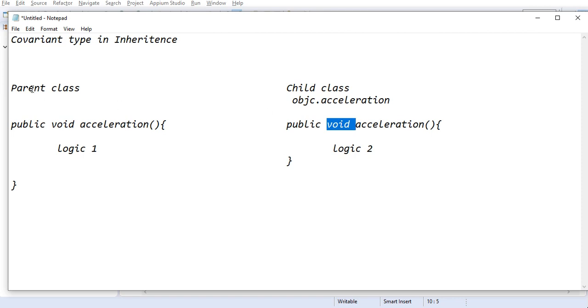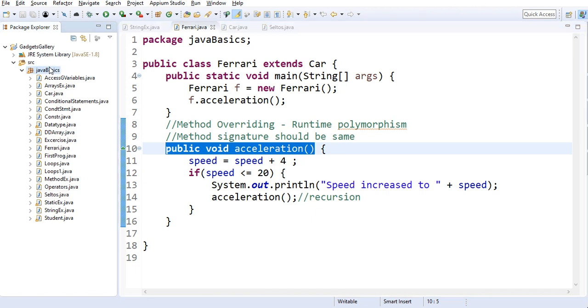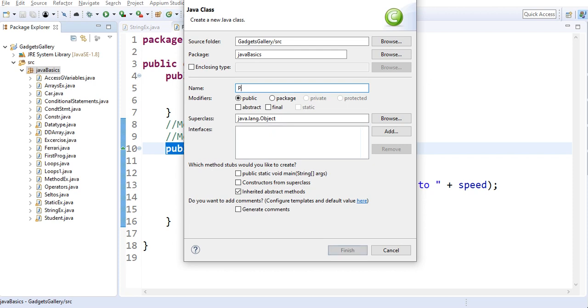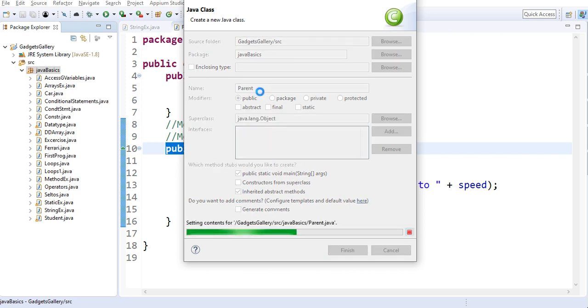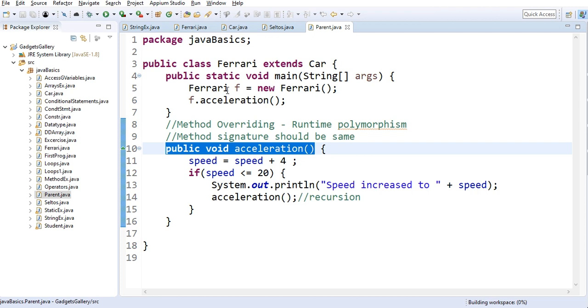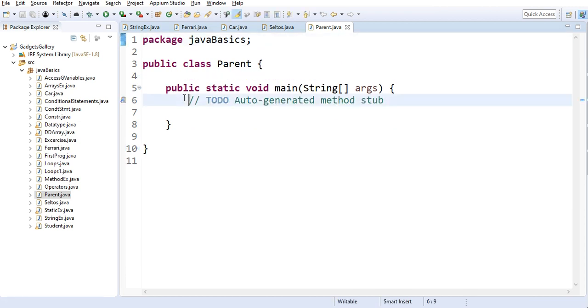And the change should be that the return data type in the parent class should be a type which is the parent of the child class return data type. So let's understand with an example, then you'll understand this portion. I'll create a new class and call it parent, with a main method. You can give any name to this class; I'm giving this name just for your understanding and reference. So parent class,